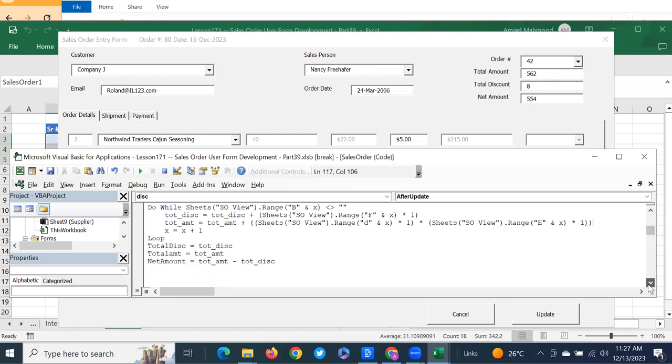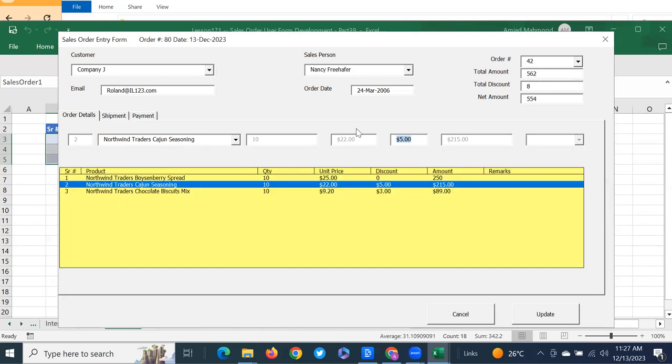I have added a combination: net amount is equal to total amount minus total discount, right? So this is how it is being done. And we press enter here, for example, right? So this is working now. Okay, I hope you understood the point that